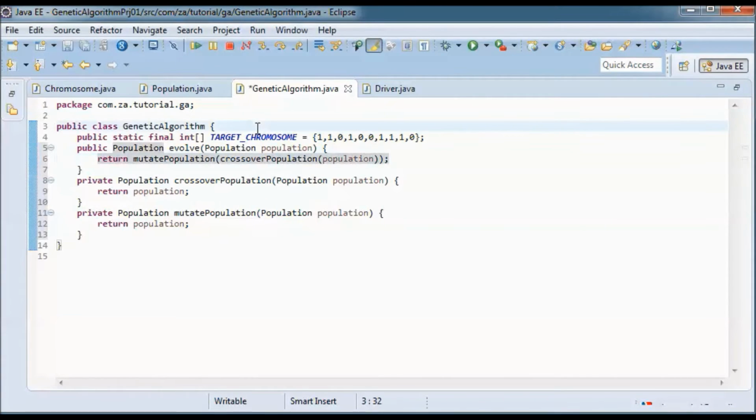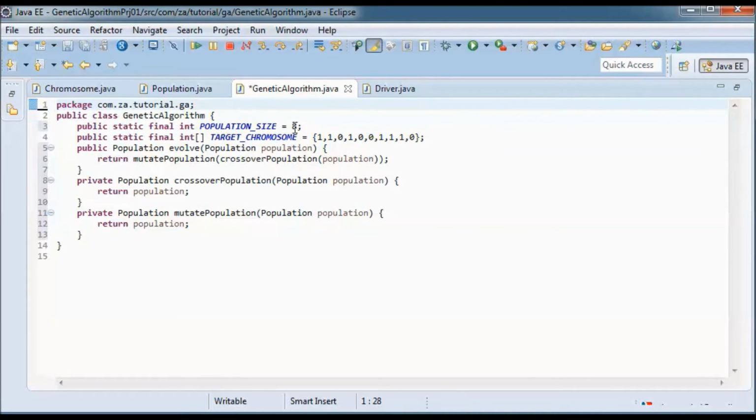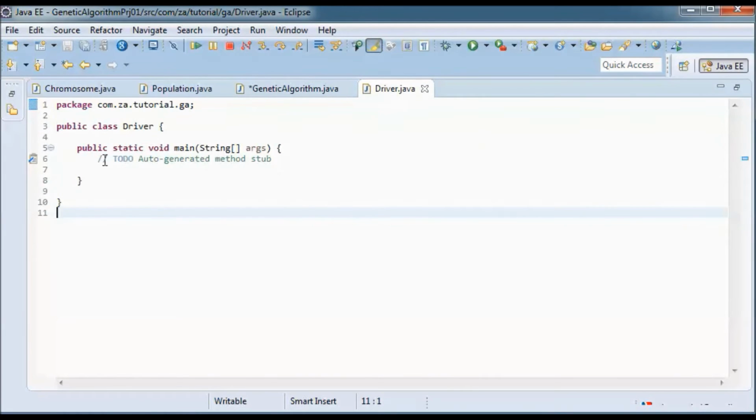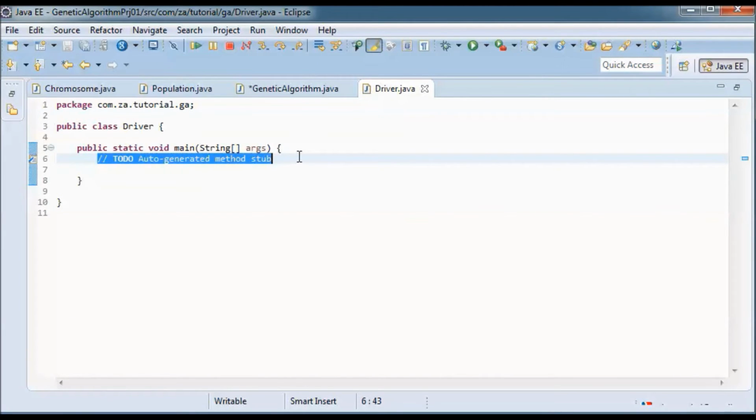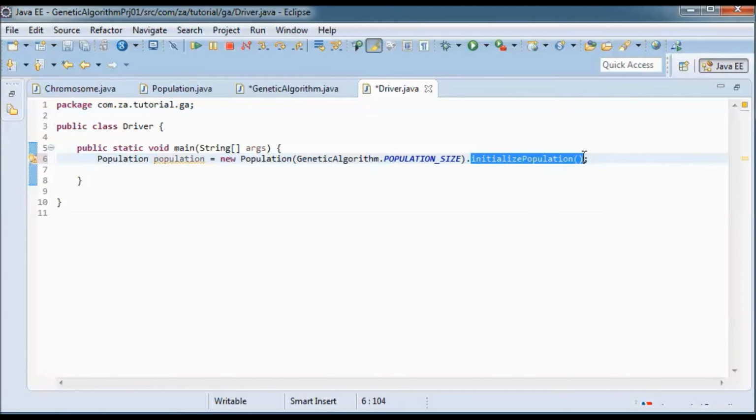And let me here define this public static final int population size, and let me for now set it to 8 chromosomes. Now going to the driver class, I will instantiate a population given the population size and call initialize population method on it.